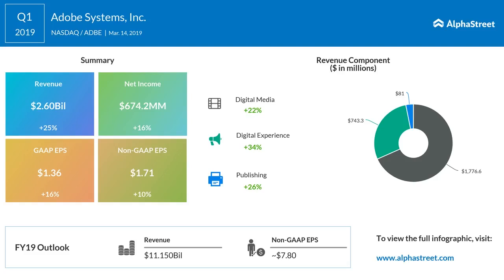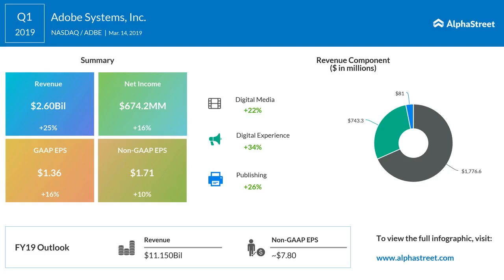Notable drivers of Document Cloud growth include continued strength with Acrobat subscription adoption, helped by a steady on-ramp and conversion of free mobile app usage to paid subscriptions, strength with enterprise adoption of Acrobat and Document Cloud services, and strong performance with Adobe Sign. In our digital experience segment, we achieved record quarterly Experience Cloud revenue of $743 million, which